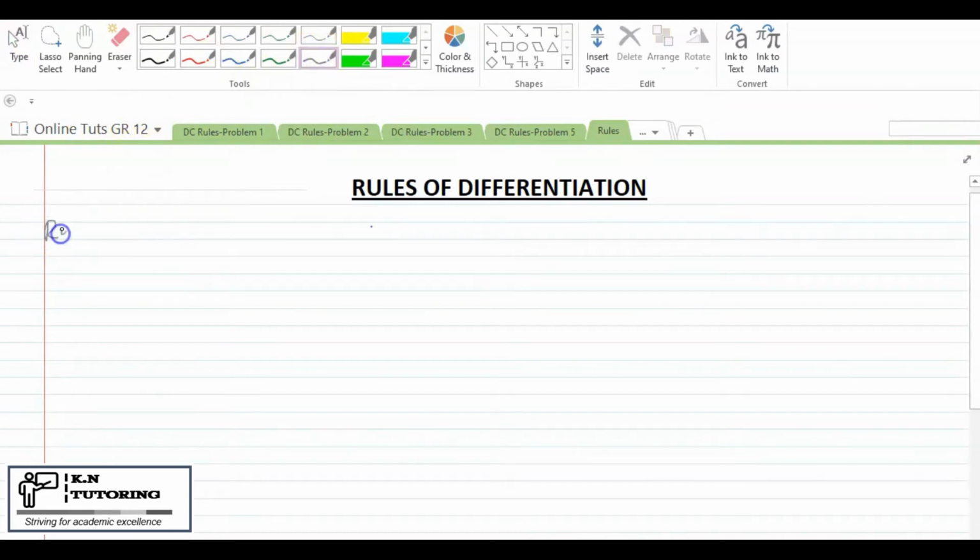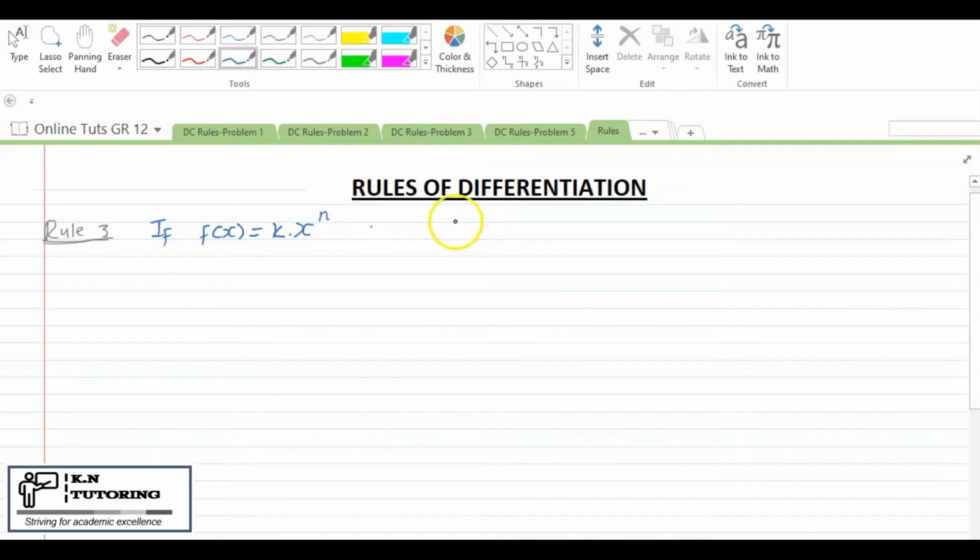So rule number 3, you'll see it's a combination of rule number 1 and rule number 2. It says if f of x is equal to k x to the exponent n, then the derivative will be